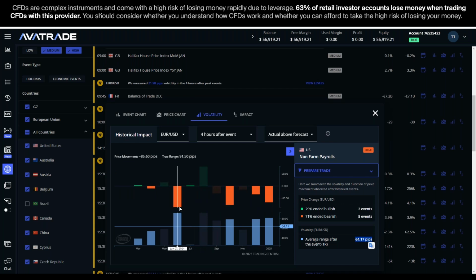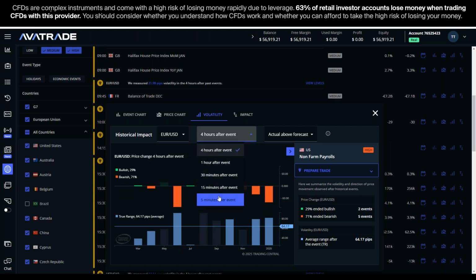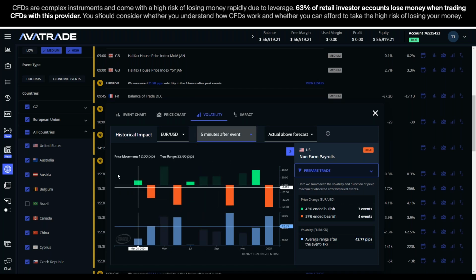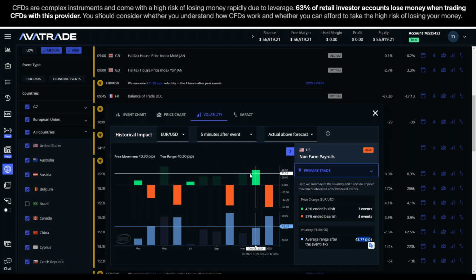Some of them reached even near 100 pips drop in the 4 hours following the announcement. And if you look 5 minutes after the announcement, 3 of them were up, and only 42 pips range movement. And again, it doesn't take 5 minutes to place a trade. So if these numbers come in above forecast, and in the first 5 minutes you can catch these spikes up,